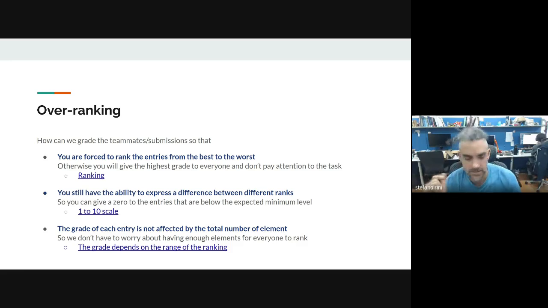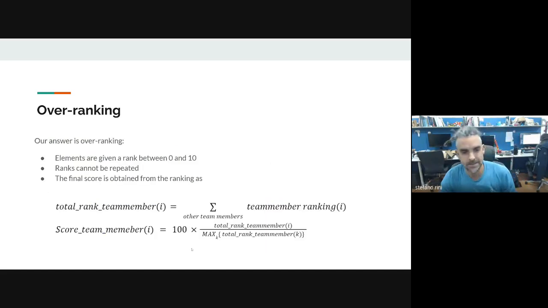So then we forced them to rank the teams, so that they have to rank 1, 2, and 3, and from the ranking we can then obtain a score. And then people complained that if you are forced to rank, then you don't have enough granularity to distinguish, let's say, submission 1 and 2 from submission 1 and 3, right? Let's say that 1 is the best, then submission 2 is slightly worse than 1, and then submission 3 is really bad. So you will want to have enough granularity in doing this. And so what we did is we came up with this overranking system.